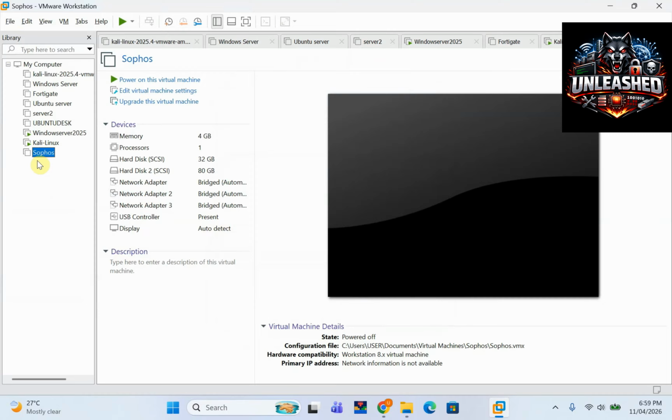You see, now we have a Sophos. We have a FortiGate here. I'll show you that also. So now this is a Sophos. After finishing importing it, what we are going to do: